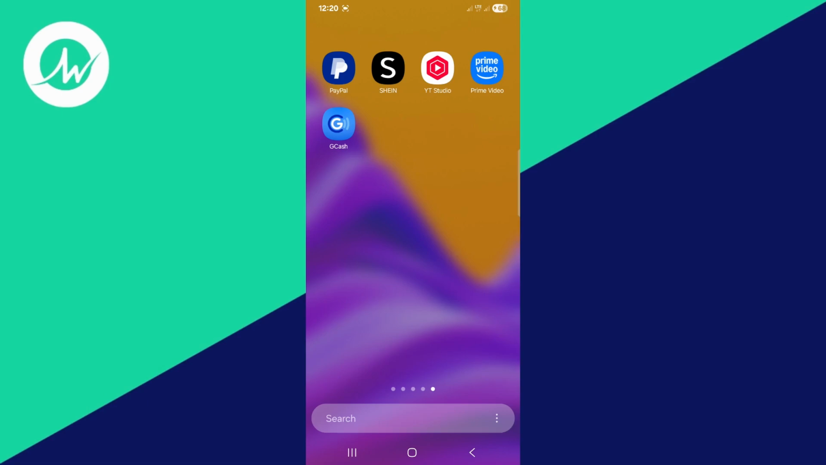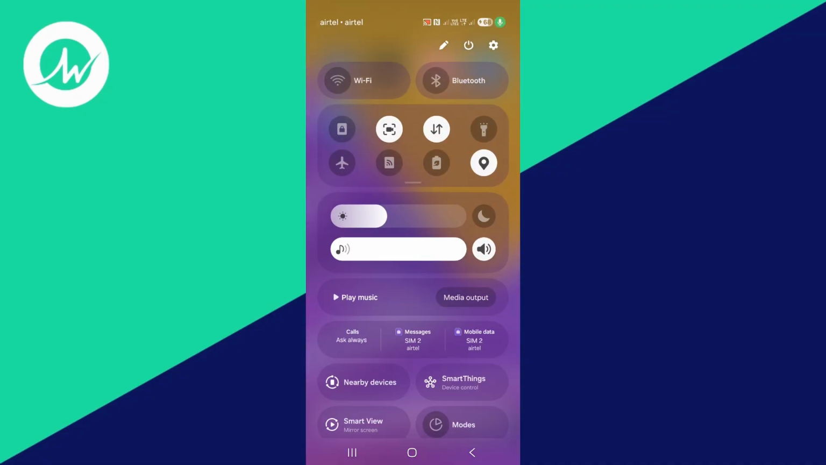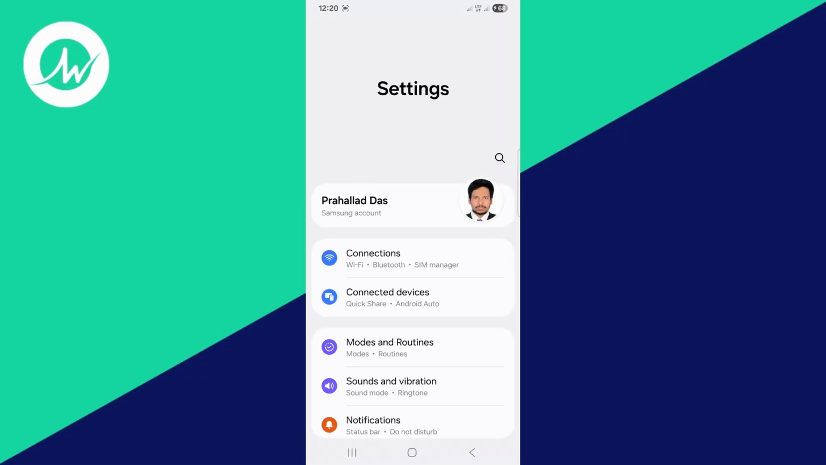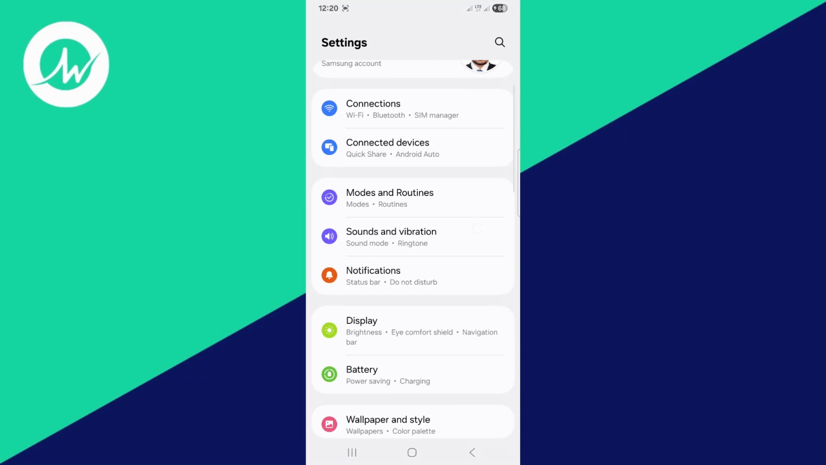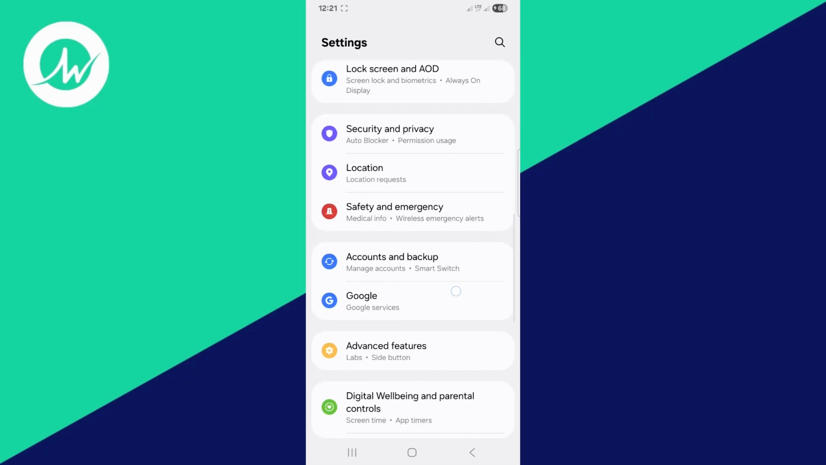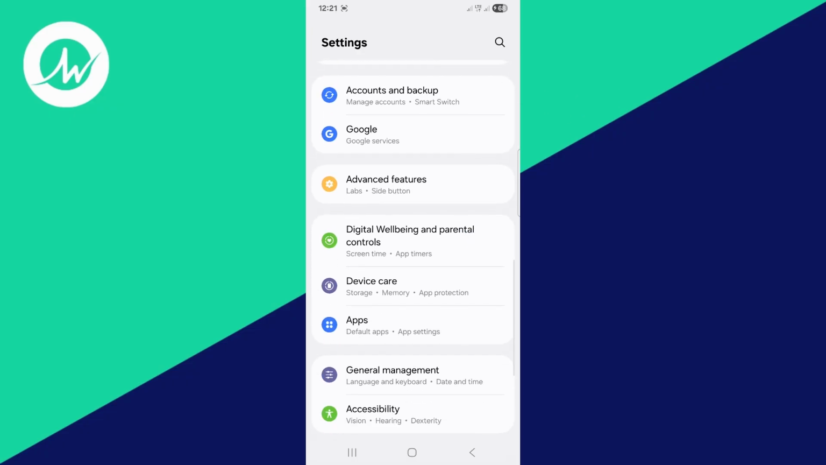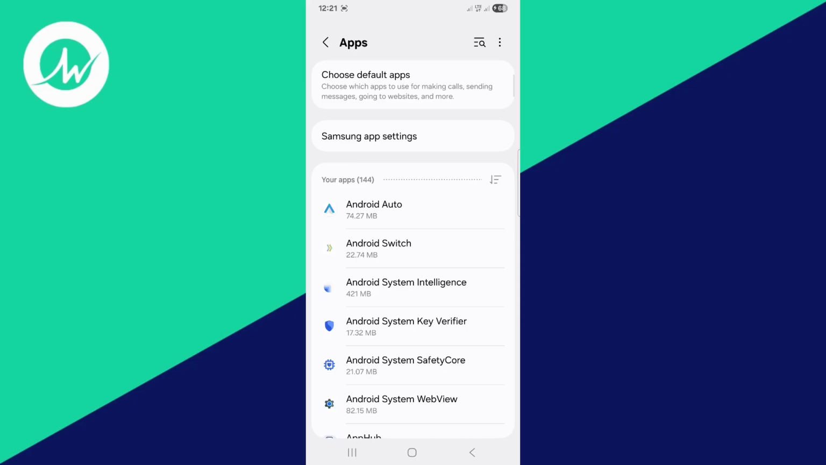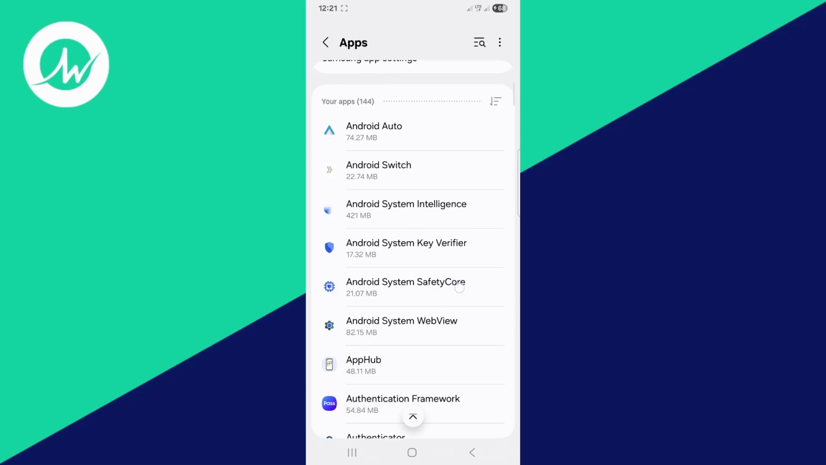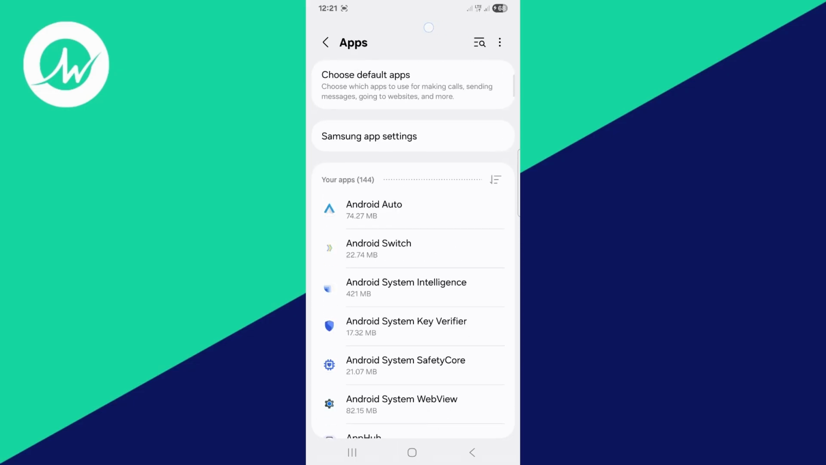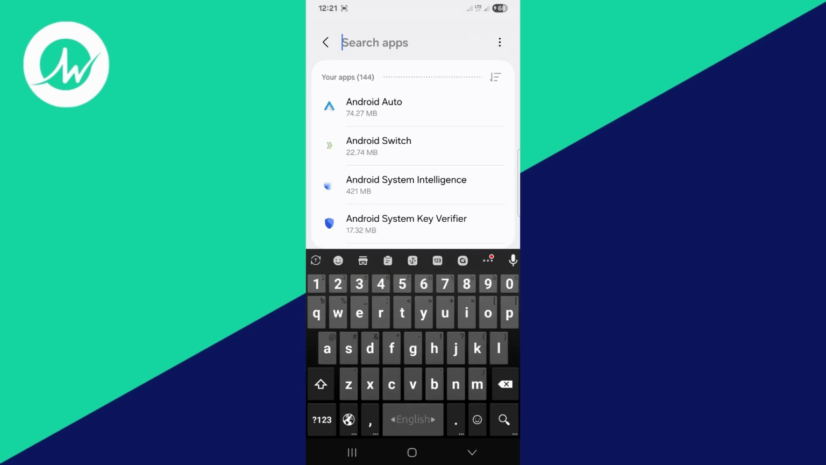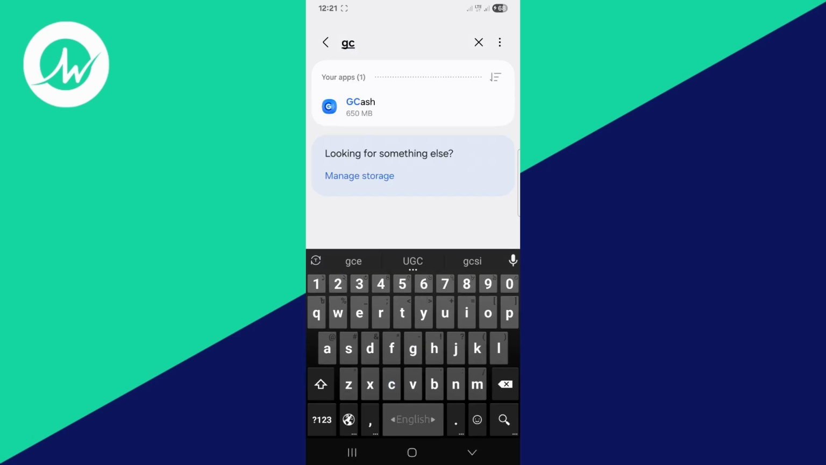In this video I'm gonna show you how you can fix GCash app game not opening. So first go to settings. After that scroll down, click on apps. Now just find out the app, or you can search it from search. GCash, click on that,